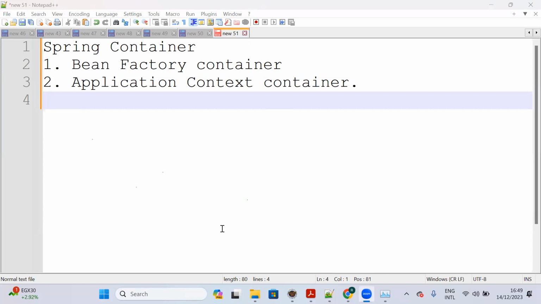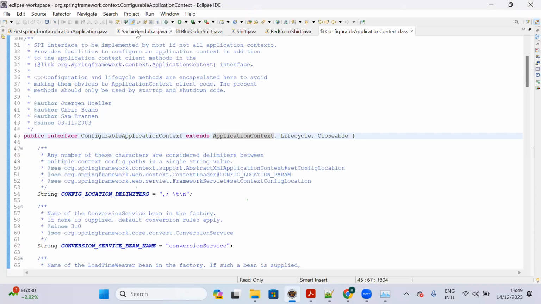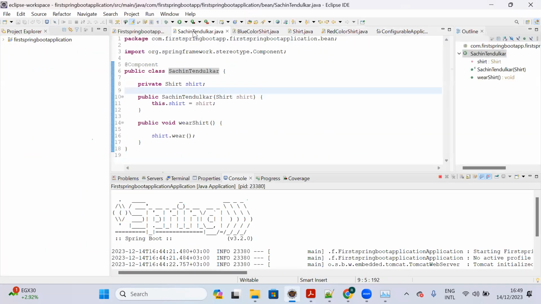One guy has asked a question here. Someone is asking, can we control which bean will be used at runtime? Yes, we can control which bean will be used at runtime, whichever you need. See ApplicationContext, right? So for example,